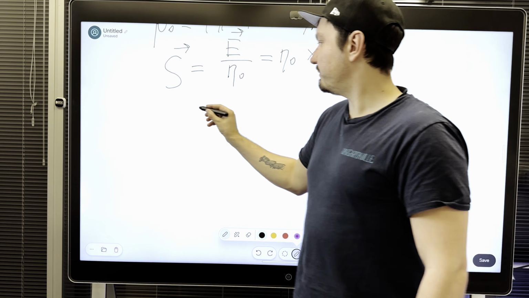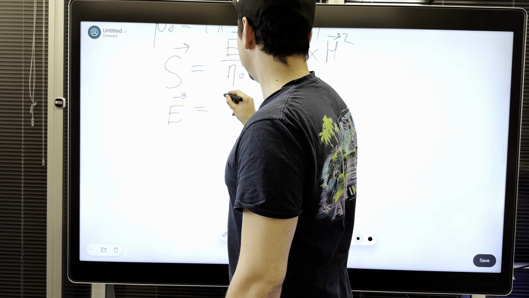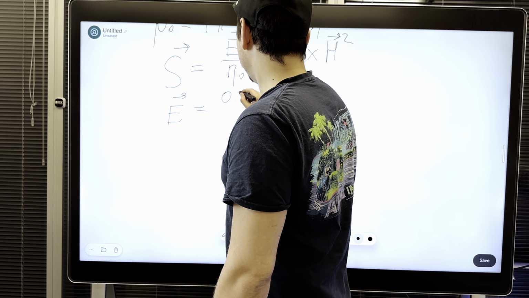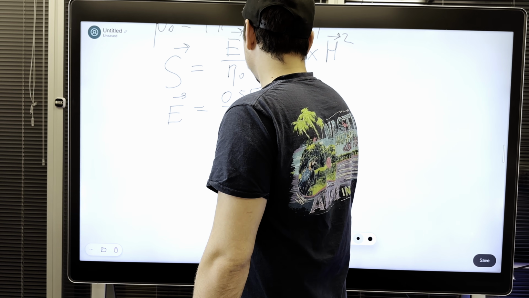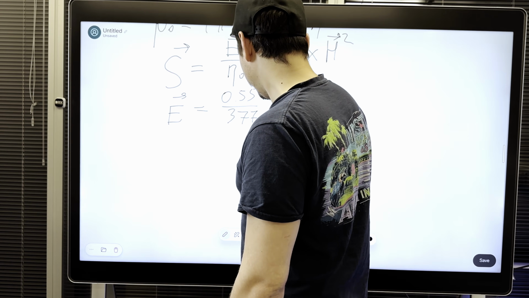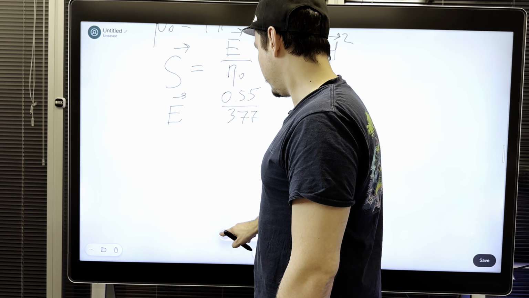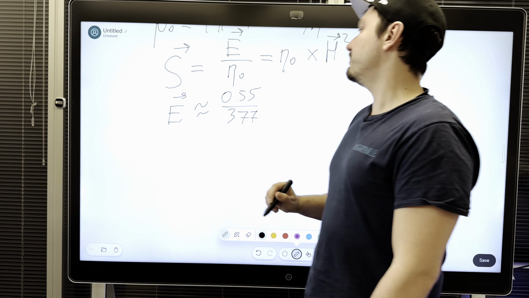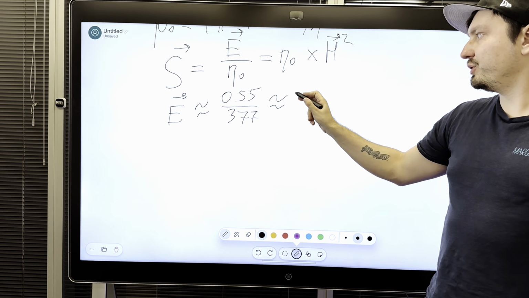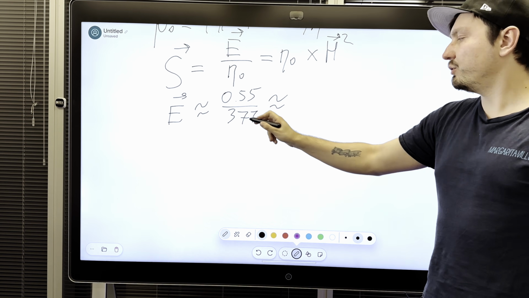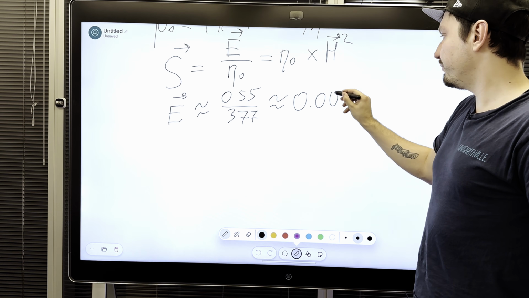So effectively E is going to be equal to 0.55 over 377, and this is approximately equal to, and so now if we divide 0.55 watt over 377, we're going to obtain the value of